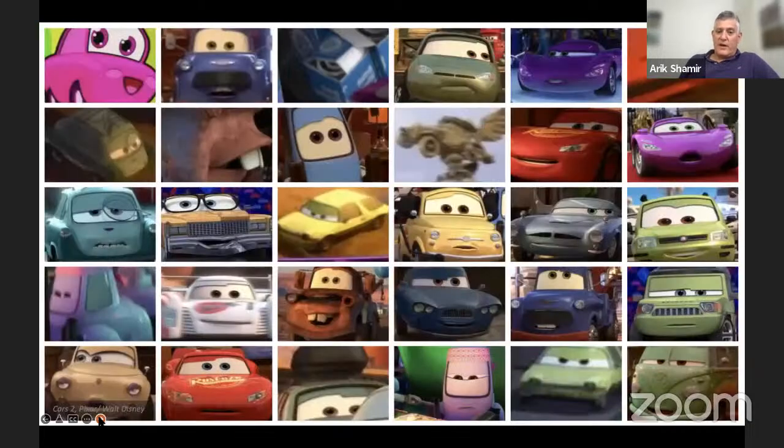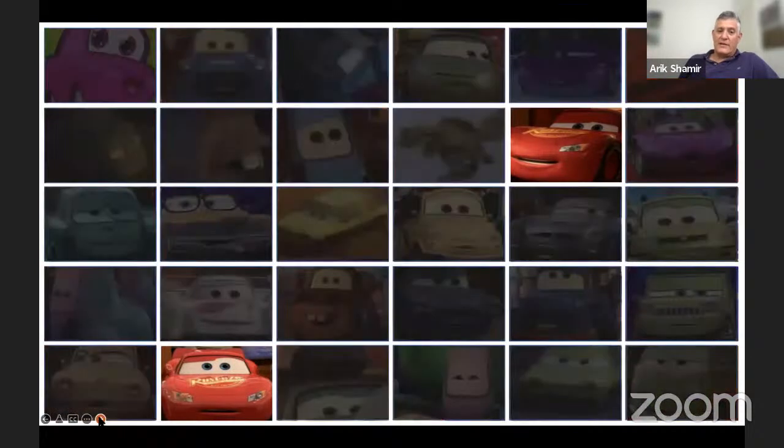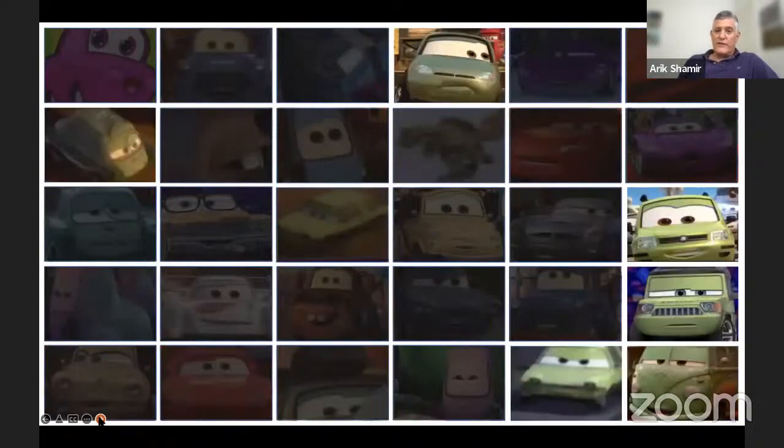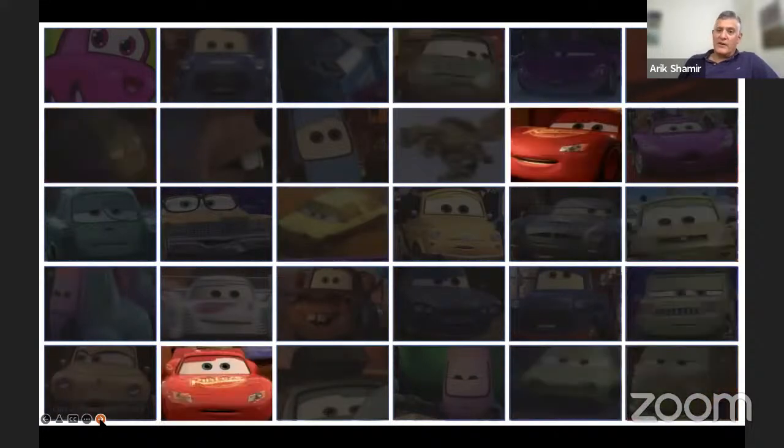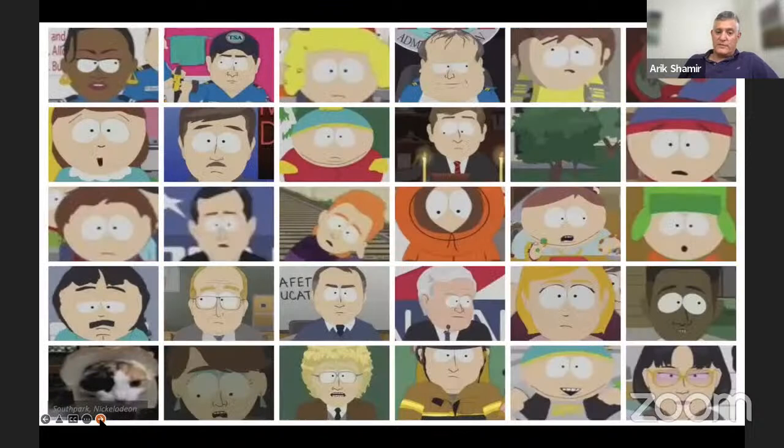So here's an example of the Cars movie. And I want you to notice, first of all, that we managed to find different characters, although their appearance is very similar. So all these cars are actually different characters in the movie, and they are in different clusters. So we managed to find them and create a different character for each one. Unfortunately, there are some mistakes. So here's an example of the same character, although they appear in different clusters, so we have two characters in this case. And also sometimes we just have false representations.